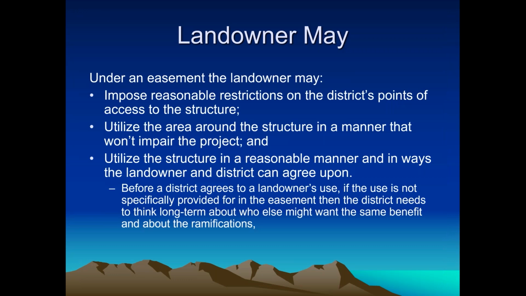Let's talk a little bit, though, about what a landowner can do under an easement. The original landowner can impose reasonable restrictions on the district's point of access to the structure. Even subsequent landowners can try to discuss and negotiate where they would like your access to be located, whether it's one that you use just for inspections, but they'd like you to use a different access point if you're coming in with heavy equipment to do some kind of major repairs